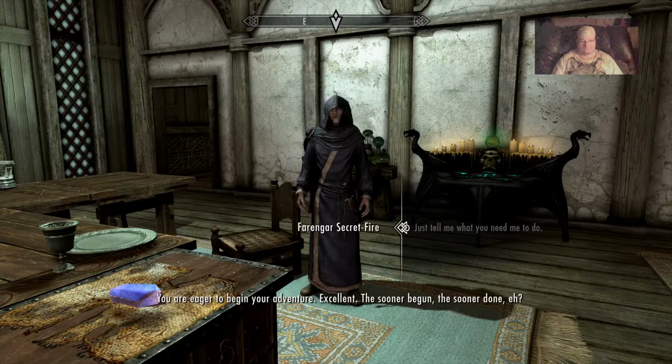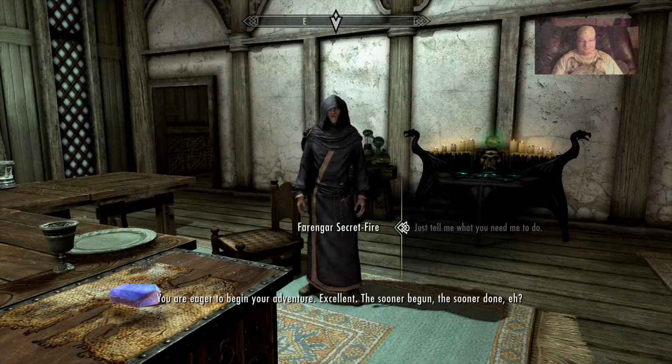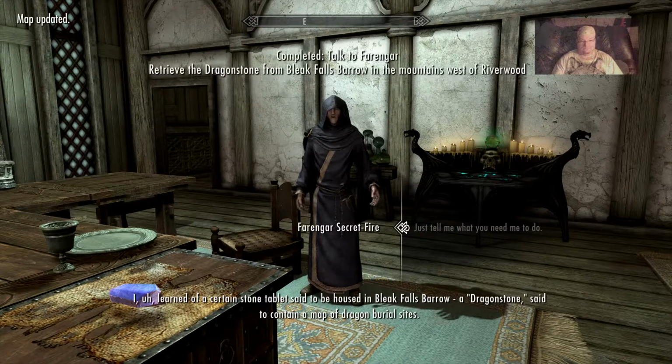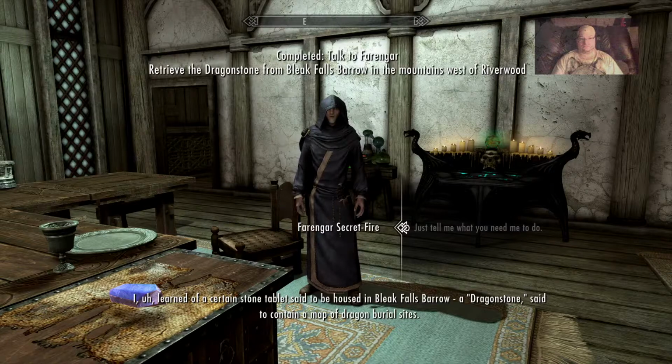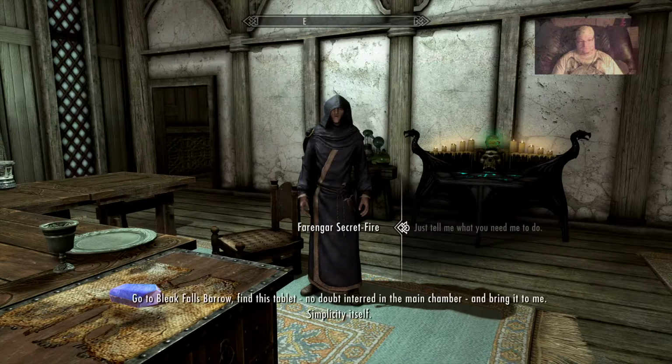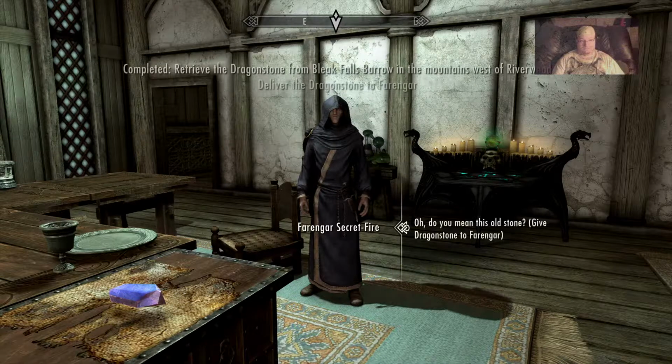You are eager to begin your adventure. Excellent. The sooner begun, the sooner done, eh? I already got what you're looking for. I learned of a certain stone tablet said to be housed in Bleak Falls Barrow. A dragon stone, said to contain a map of dragon burial sites. Go to Bleak Falls Barrow, find this tablet, no doubt interred in the main chamber, and bring it to me. Simplicity itself. So simple, I've already...